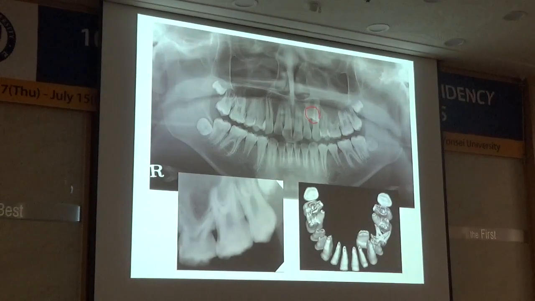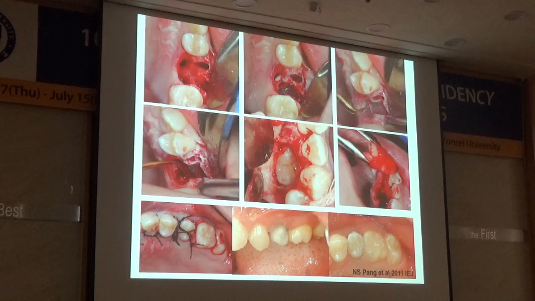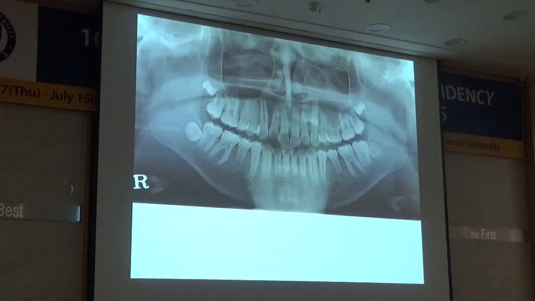This is an infected tooth, and there's the deciduous tooth, and the boy wanted to save his tooth, so we extracted this deciduous tooth and transplanted this one. After extraction, we removed the bone with piezoelectric surgery, and you can see this bluish thing. That's the maxillary sinus membrane, and I lifted the sinus membrane via the extraction site, and then I put the infected tooth into the sinus membrane with bone graft.